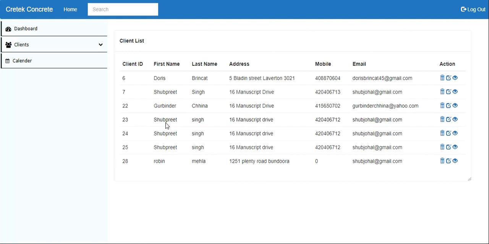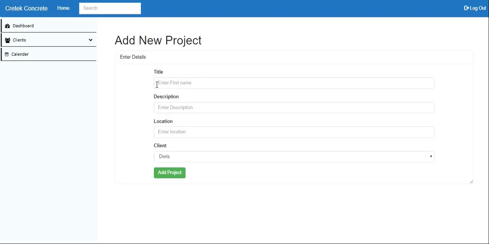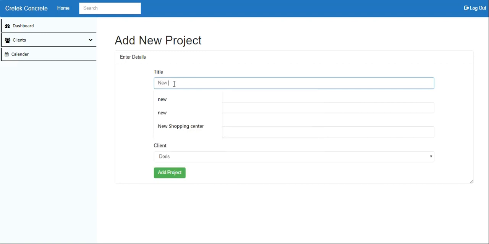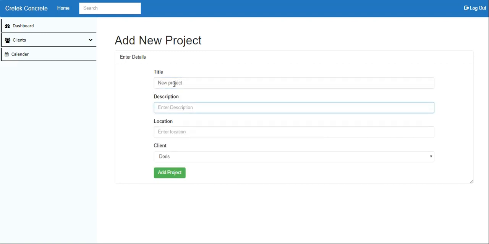So once we created a client, we actually want to have some projects for the client, so we can do the same thing. Just click on add project, and once we have the add project form, just fill up what project we want. Just give any default value like new project. What is the description of the project is like